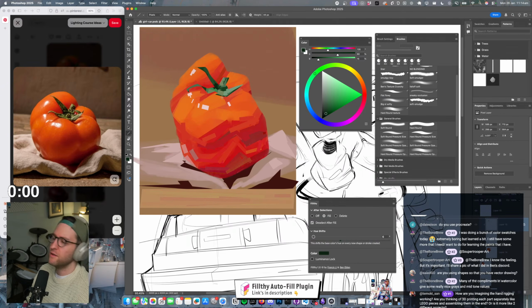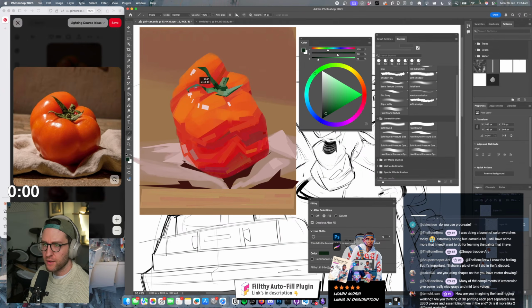It's essentially like the equivalent of using almost a gouache-esque approach with a chisel brush, where you're just going through and really thinking about where you're placing those colors.